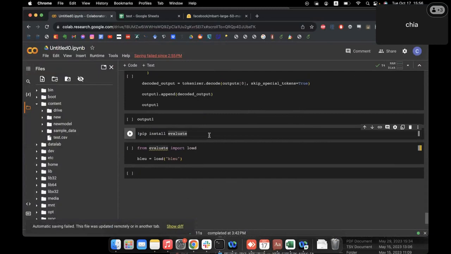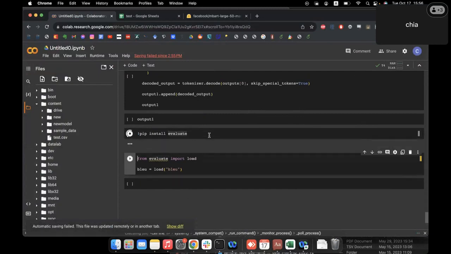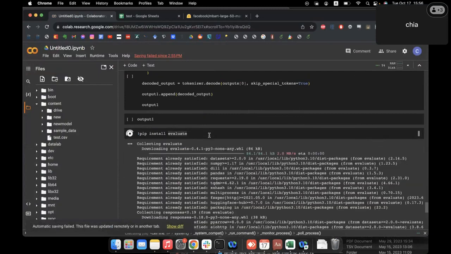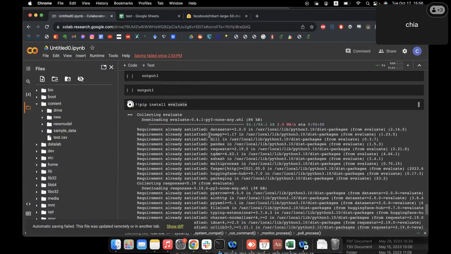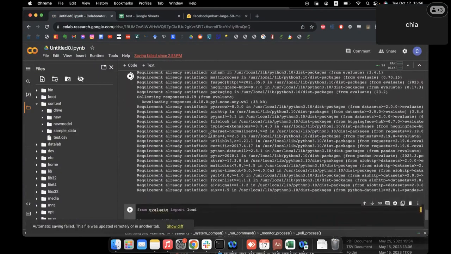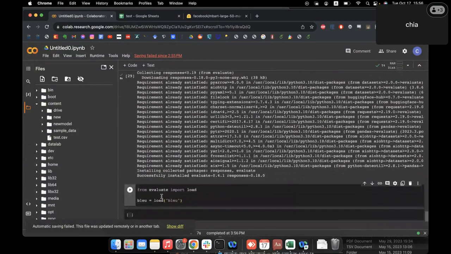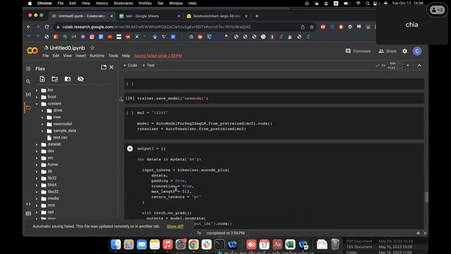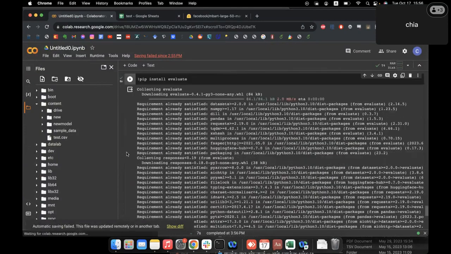You train your first one. Oh, that's it. Okay. So I guess the problem here was that you can either use GPU or CPU for